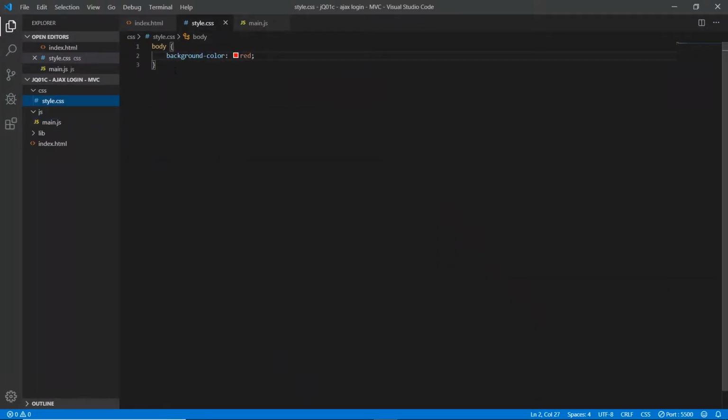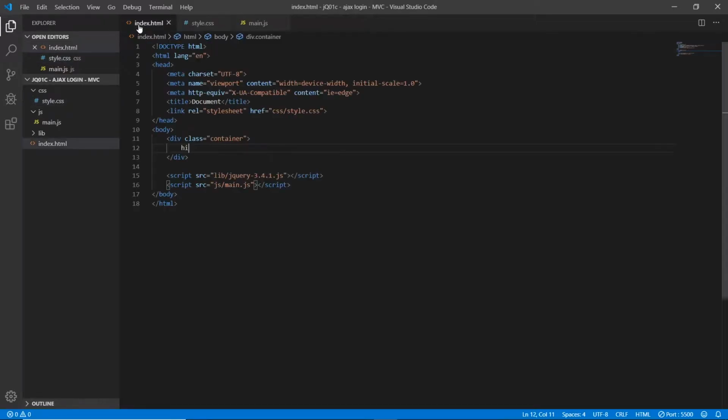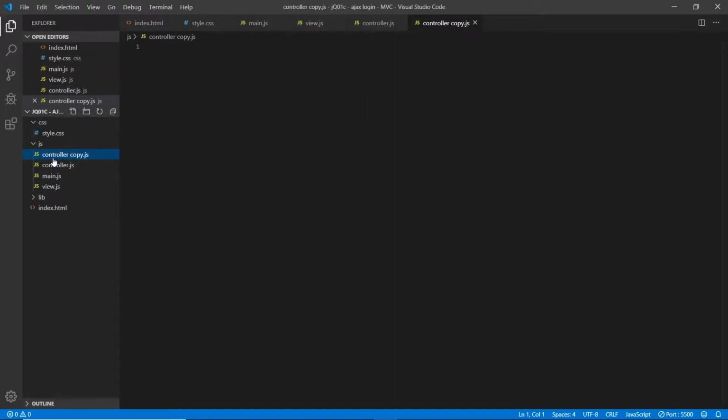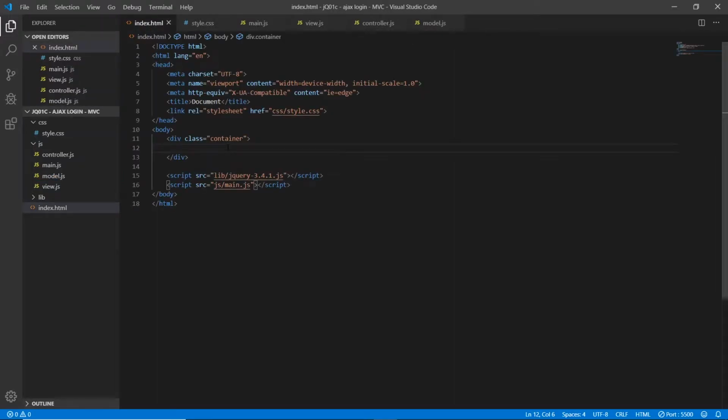Now, let's start. What I'm going to do is first start, even though we're going to later create our view from a view file, which I'll make right now. Okay, we'll have view.js, and we'll have a controller, which is going to be our main controller for everything, and our model is how we interact with the data. Okay, so even though we're going to have all this happening later, first I just want to make it happen